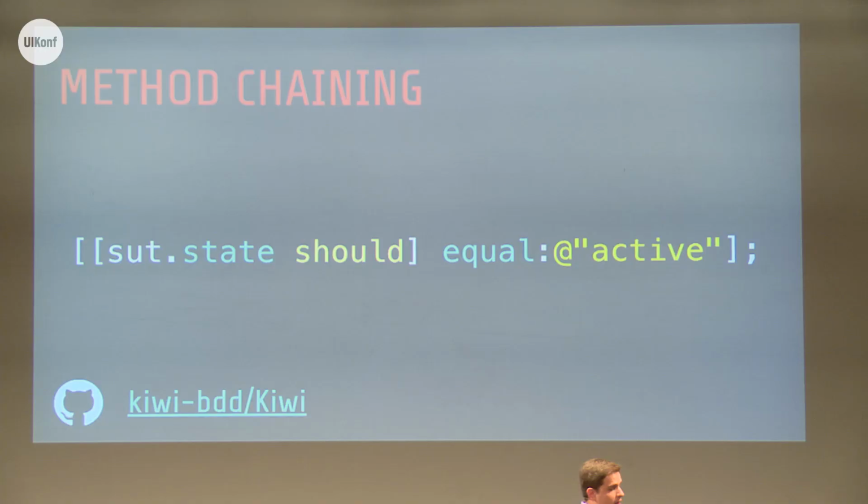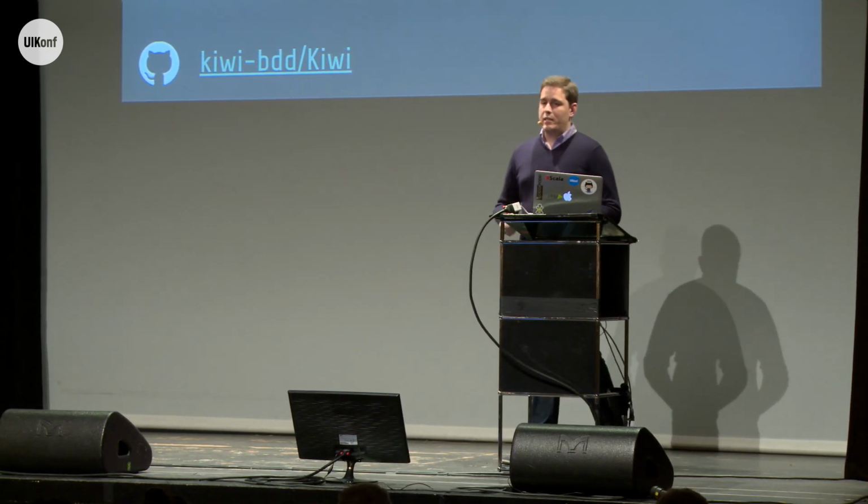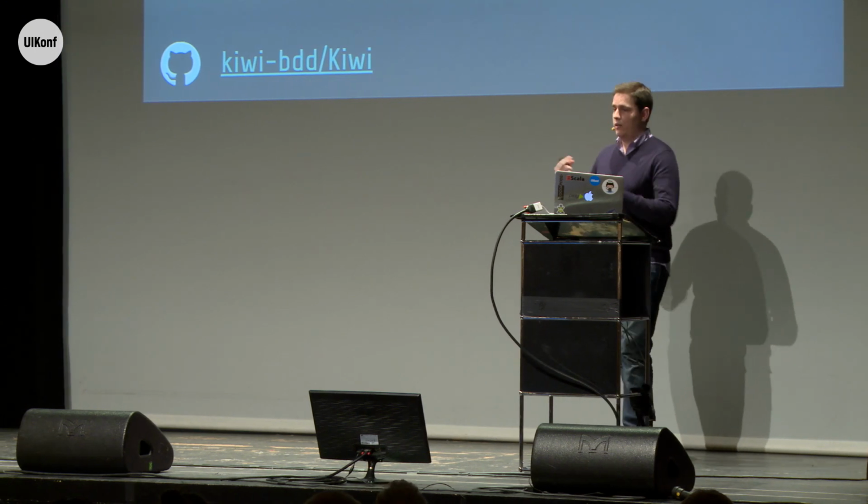Now, Objective-C methods are good, are simple. The problem is that they're limited, you can only form sentences of a given size, of a fixed size. In this case, it will be 3 particles of a sentence. As an alternative, we can use what's probably the workhorse of internal DSLs, and that is method chaining. This is Kiwi, the testing framework. And what it does is basically you call a method on an object, and that returns another object that you call another method on, and so on and so forth. So every method modifies the underlying semantic model and returns self, so we can keep calling methods